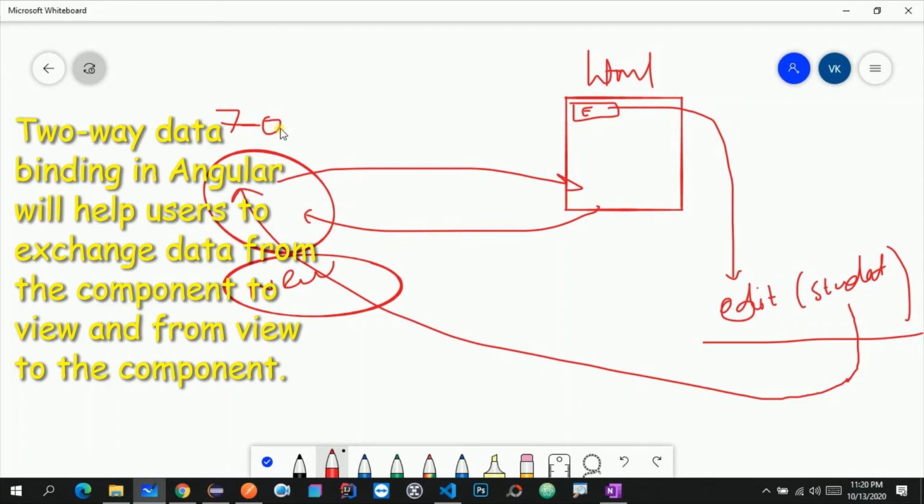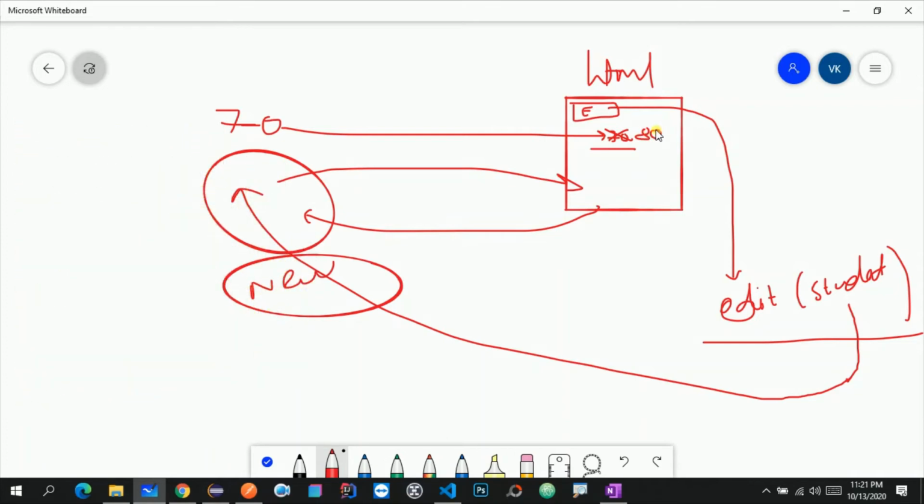Now this 70 value I am showing in the Angular form, so first of all I will see the 70, and let's say I remove this 70 and make it 80, right? So this 80 will get reflected, and this 70 will vanish, and over here the percentage will be 80%. So this is how two-way binding works.